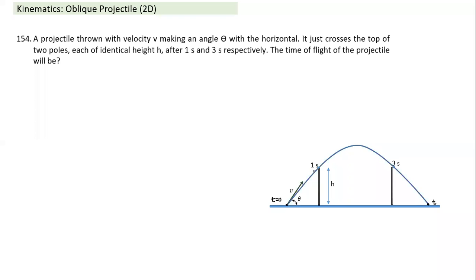What we know is it reaches this point in 1 second. It reaches this point at t equal to 3 seconds. It means right from here to here, it has taken 3 seconds. So to find the total time, all I need to add is the time it takes to travel from here to here. Can you tell me what time it will take to travel from here to here? Advait, can you think of what time it will take after crossing this pole? From this point to this point, how much time will it take?